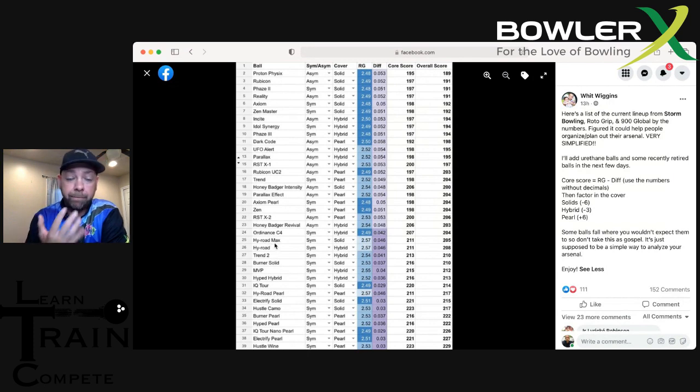The same one would probably be that High Road Max. Now, in my opinion, I wasn't a fan of any of the High Roads. High Road Max is one of the ones that I didn't think was very good personally, so it doesn't matter to me. But this is another situation where you can't put the High Road Max right next to the High Road. That doesn't make any sense, because one's a solid, one's a hybrid. We have that hybrid as -3. Maybe we should have the hybrid rate at 0. There should be no addition for a hybrid because it's a combination of the two. Maybe that would make a little bit of a difference.